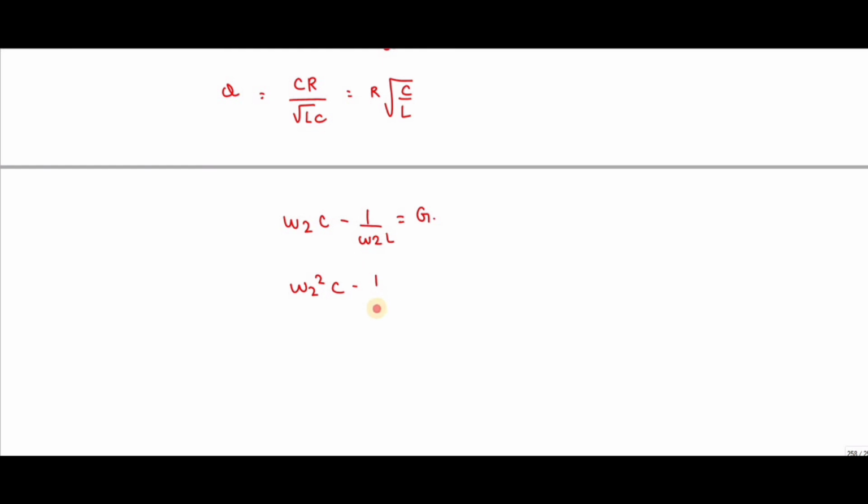If I multiply omega 2 on both sides, I will get the equation like this. Okay, so divide the whole term by C. So we will get